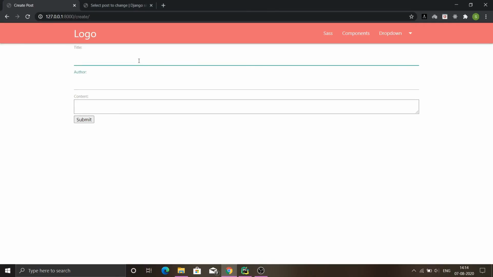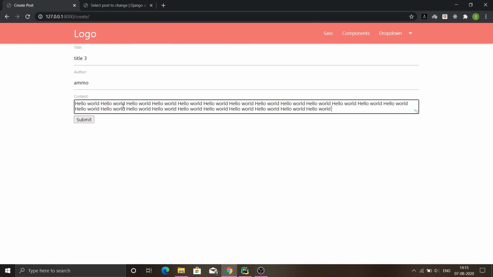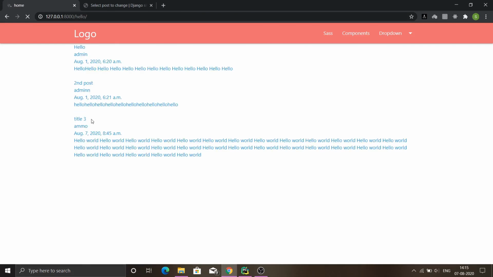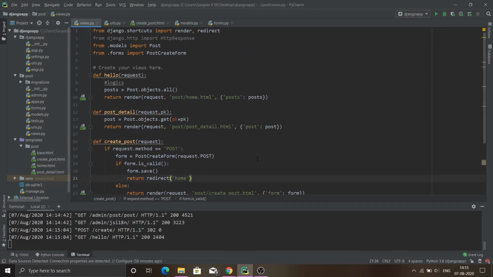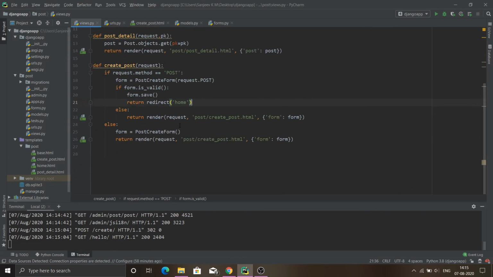So now let's go and add our post to our database. Title. You could see in there our third post comes in here, and after our post has been successfully posted to our database, it redirects to this home location right in here, and all this logic has been working. So we have successfully created a working form that will help our users to post their posts into the database.